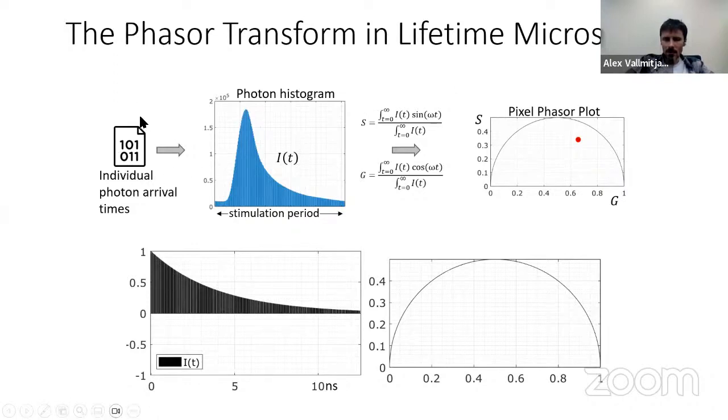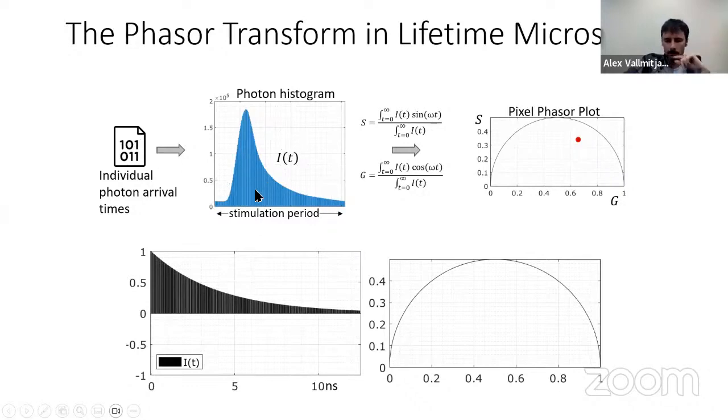As a reminder, you have a list of photon arrival times, which is your measurement: the arrival time after each pulse for lifetime imaging, or the list of photon wavelengths if it's a spectral measurement. Then each of those photons goes into a photon histogram, which accounts for how many photons are in each temporal bin. This would be the time between two laser stimulations,